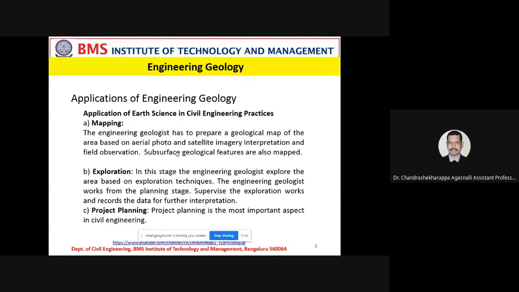specific areas. They note down the different rocks that are exposed on the surface of the earth. They will take some samples for further analysis. And aerial photographs, we use aerial photographs during the mapping of the area. Say for example,